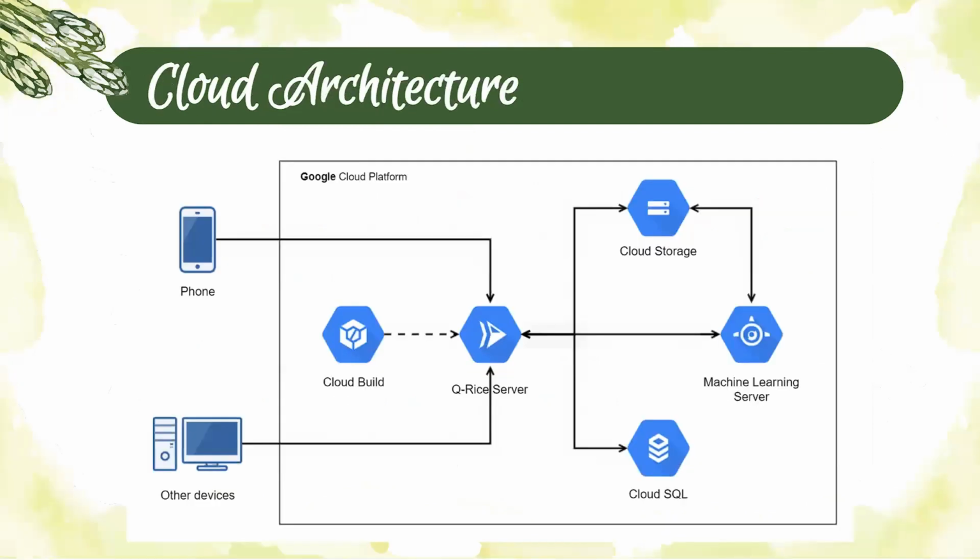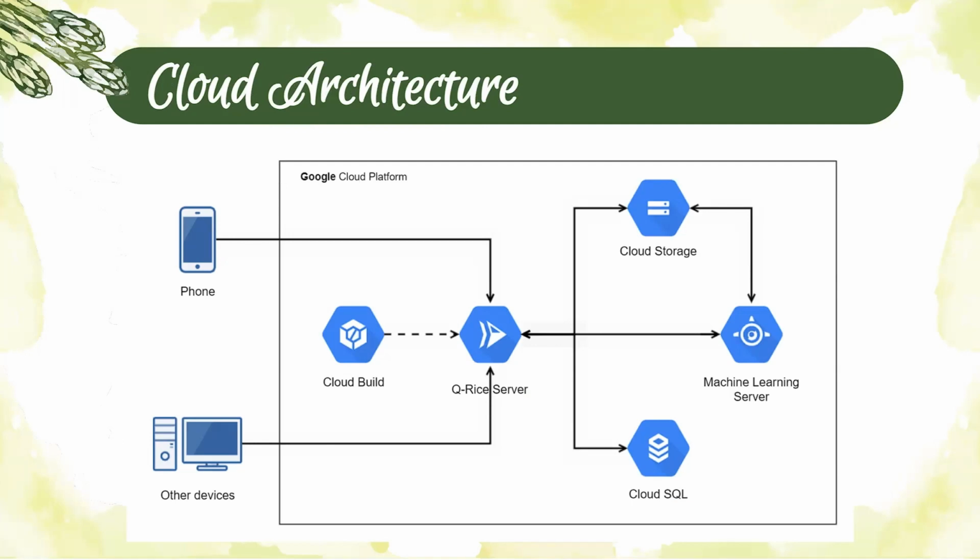So our cloud computing architecture for QRISE begins with a client who sends a request to the QRISE server. The clients initiate the process by sending requests to the QRISE server, which serves as the entry point for the cloud-based systems. The QRISE server calls the ML server to predict the desired outcome. On receiving the client's request, the QRISE server communicates with the ML server to perform the necessary computations and predict